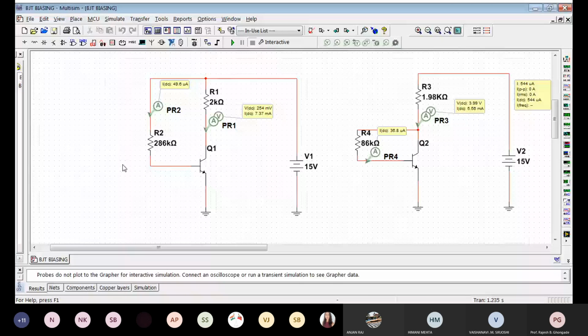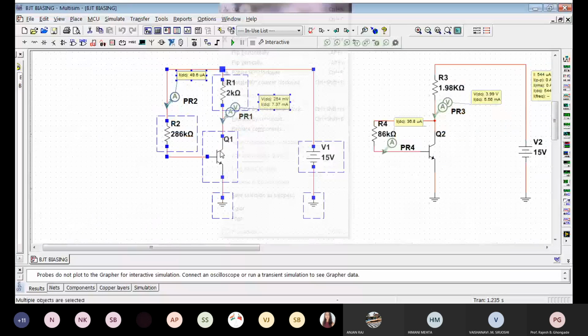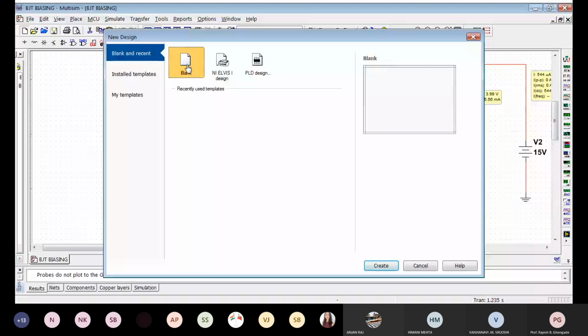Okay, we will analyze each and every circuit that we have seen and see how the Q point changes with beta. All right. So this is the very first circuit, that is a fixed bias circuit. I'll just copy this on a new sheet so that it is easier for you to understand and not get confused.